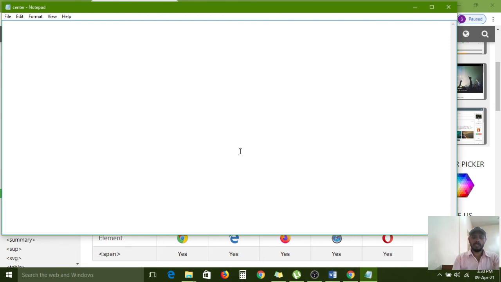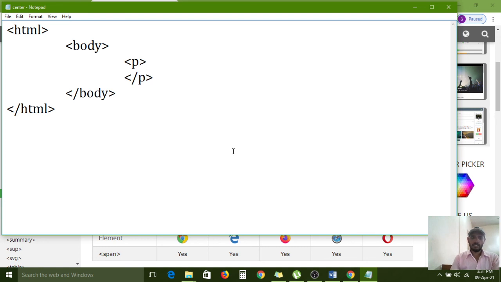Now I am removing this one. HTML opening and closing. In between these two tags, body opening and closing, paragraph. This is G. Pullareddy Degree and PG College.